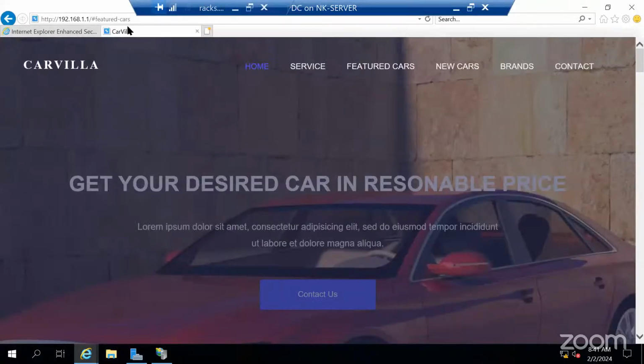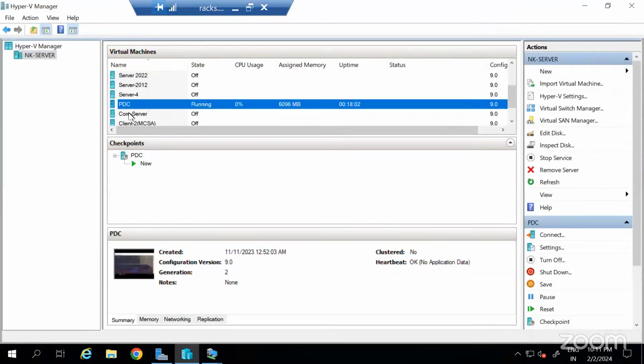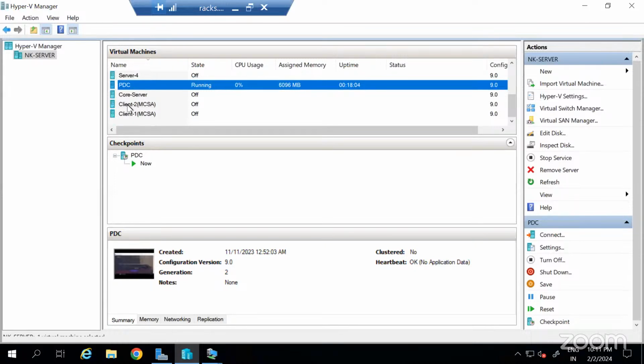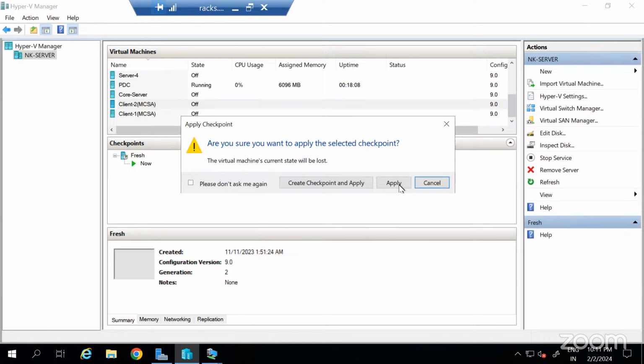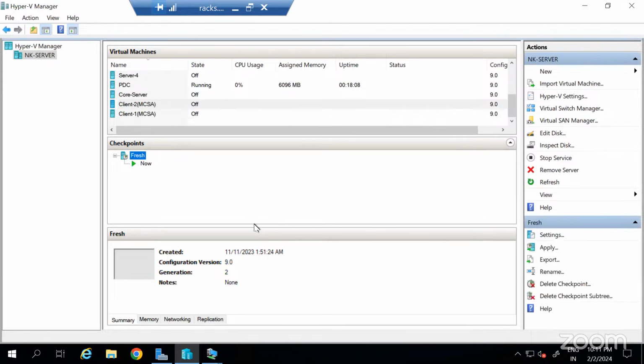As I told, for now you will not be able to access this website, because I have not purchased the domain name and I don't have the public IP. So it would be available internally. If I turn on any virtual machine, let's say this client machine, which is a Windows 11 machine, I want to access the same website.